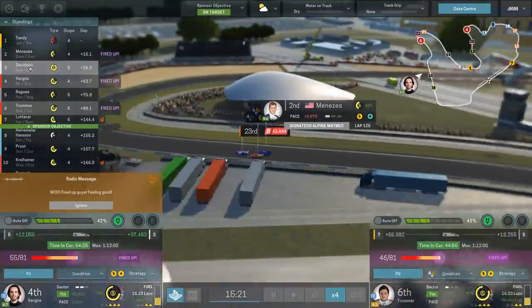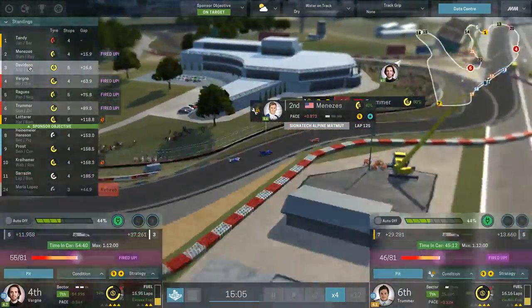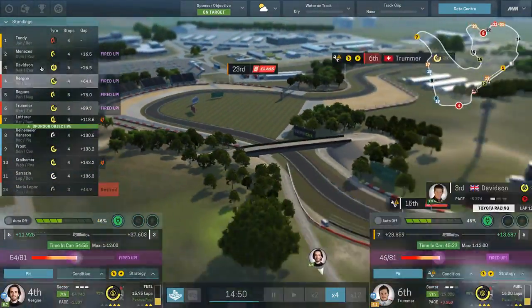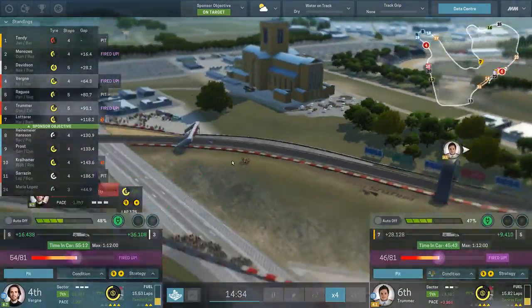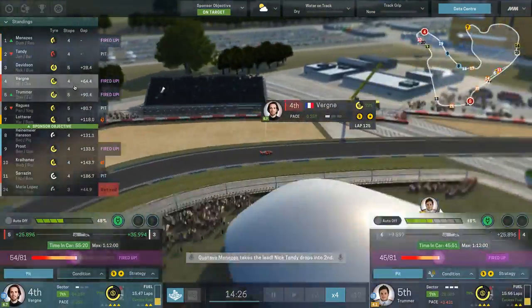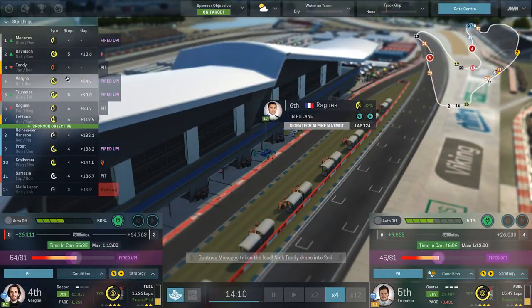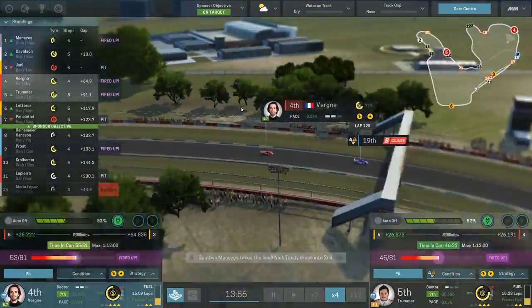Menzies is in the Signatech. He's done a great job in 2nd. Does he have to stop again though? And Davidson in the Toyota in 3rd then, taking that car to the finish. So Regis has just pitted. So we are now up to 4th and 5th, and if we can get these cars over the line without